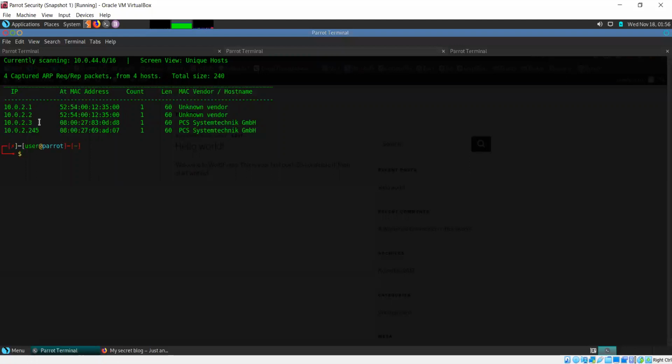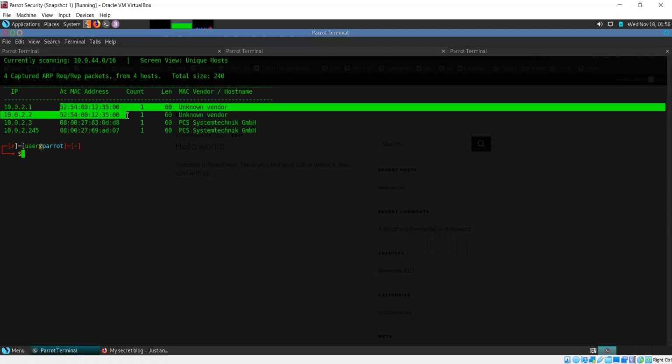Within any network, the first IP that you see, 10.0.2.1 in this case, is going to be for the gateway. So we know that that is not our device. And this second IP, you see that the MAC address for both these IPs is exactly the same.